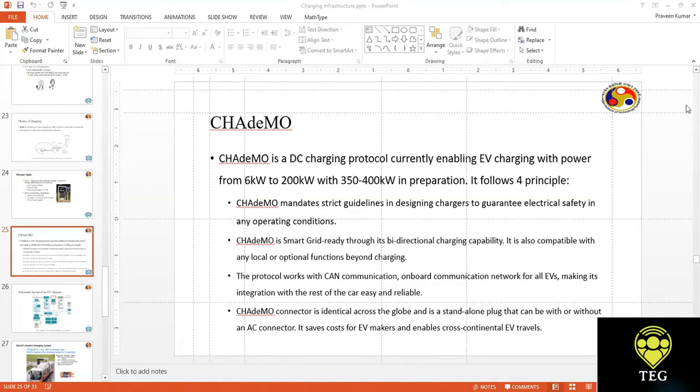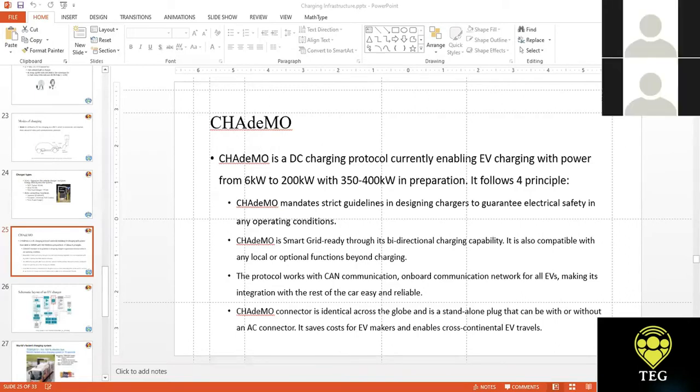People don't use it right now because the distribution networks so far do not have the ideas, or let's say the legislation, to allow such bidirectional power flow. Once the grid operators are ready with their legislation, CHAdeMO is technically capable of allowing bidirectional power flow. Moreover, CHAdeMO is a smart charger because it can coordinate with the grid, it can manage fleet charging, and you can integrate renewable energies into it. So it's one of the very versatile chargers that we have around. That's the beauty of CHAdeMO.